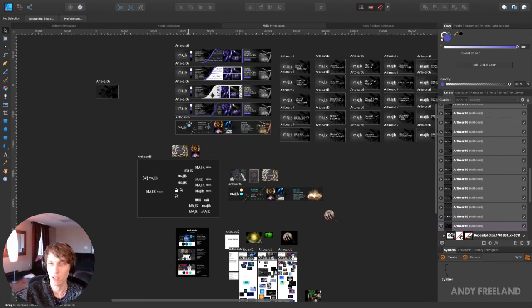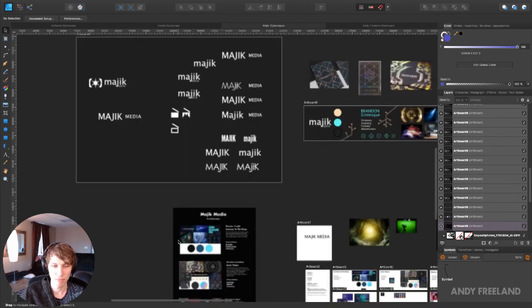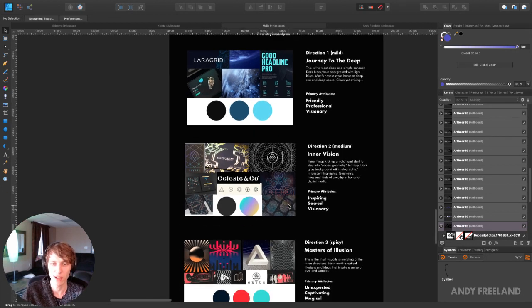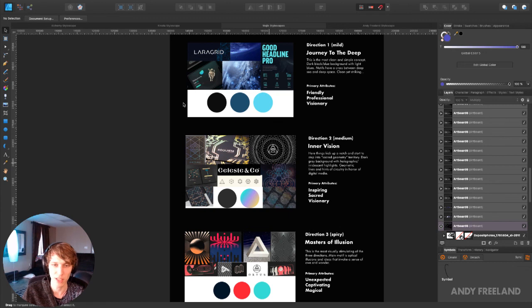So what I did with them was I started by creating these 3 pre-Stylescape directions. I just grabbed a few quick images, picked some quick color palettes, and came up with a concept just to show general ideas of what I'm thinking. With this specific project, they didn't have the budget for me to do 3 Stylescapes, so I basically got them to pick one of these to base it on, and then I would build one Stylescape based on it. So what they decided was they wanted mostly the first one, but with some tweaks, and we had some conversations that led from one thing to another,